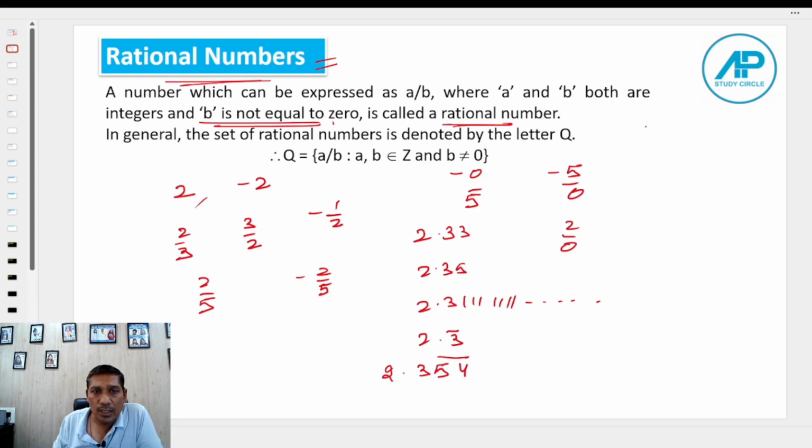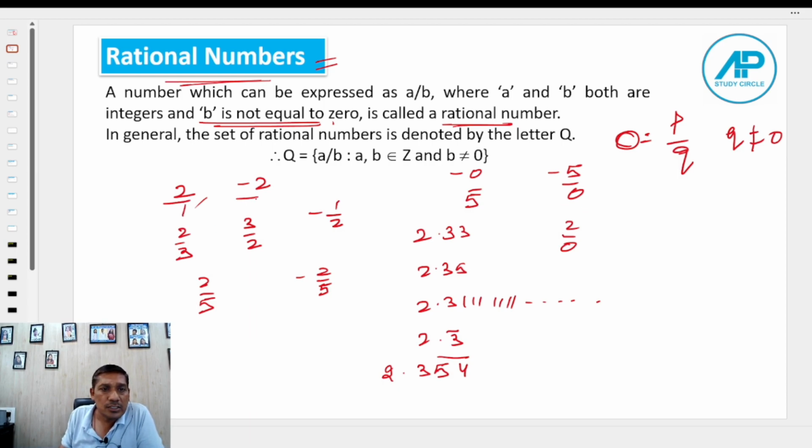So आपने पढ़ा होगा number in the form of p upon q, where q cannot be 0 gives us a rational number. हम किसी भी नंबर को जिसको हम p upon q के फॉर्म में एक्सप्रेस कर सकते हैं, ऐसे सारे नंबर्स रैशनल नंबर बनते।